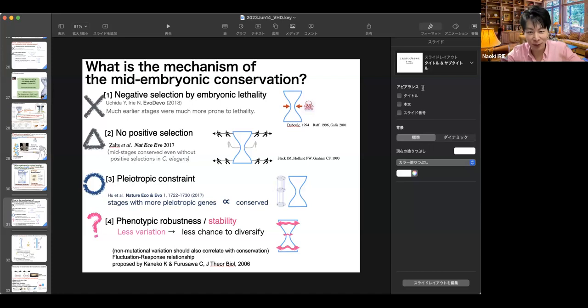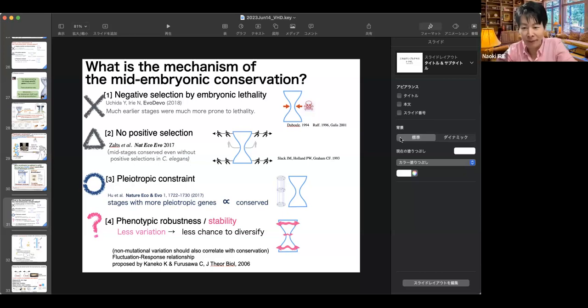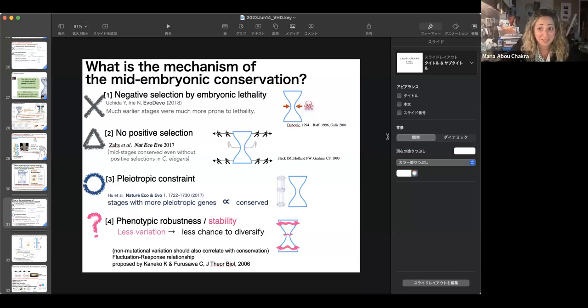And I'm very curious, what would be the reason for this conservation or stability? I mean, it's necessary, and it's obvious that it's another level where development is ensuring you're going through the right steps. But it's quite interesting, and I love that you've explored it across all these different phyla and classes and species, and I hope everybody appreciates that these kinds of studies are gold mines for our knowledge.